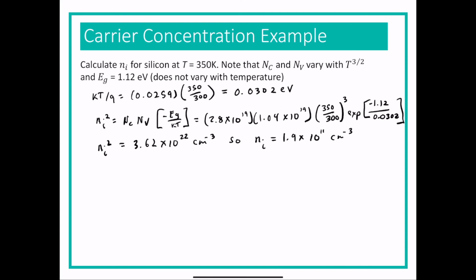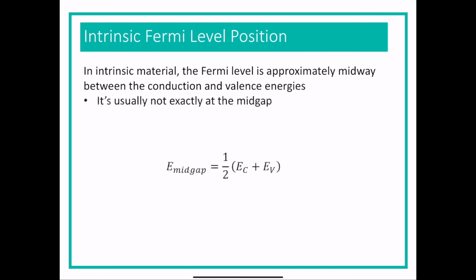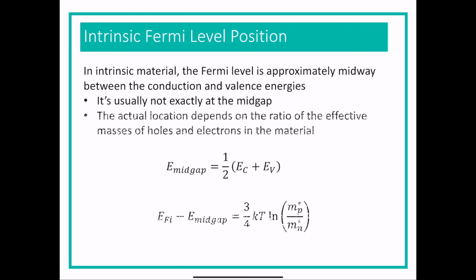And that's almost what's actually going on. It's not quite, but almost. It is close to midway between the two. It's not usually exactly midway. And the reason it's not exactly there is because it depends on the effective masses of the holes and the electrons. And remember, effective masses of holes are different than the effective masses of the electrons. So the difference between the intrinsic Fermi energy and the mid-gap, which is exactly halfway, is equal to 3/4 kT